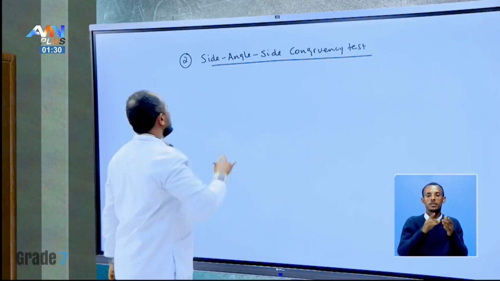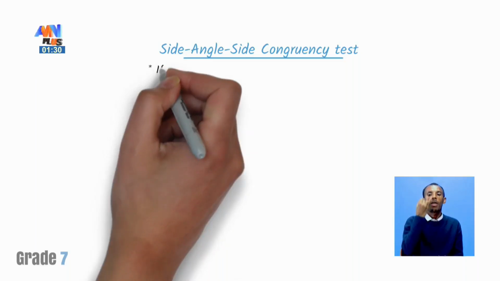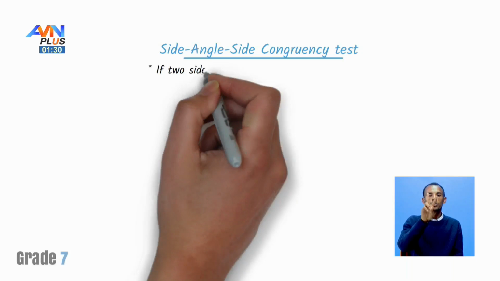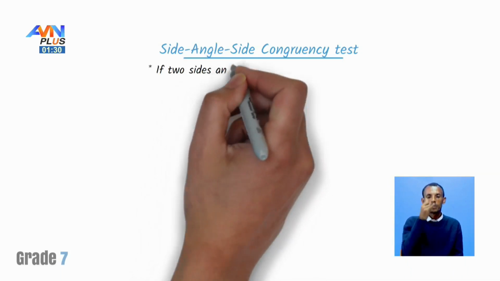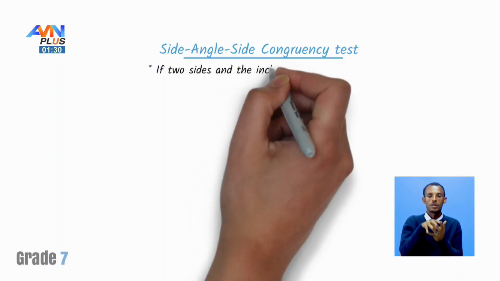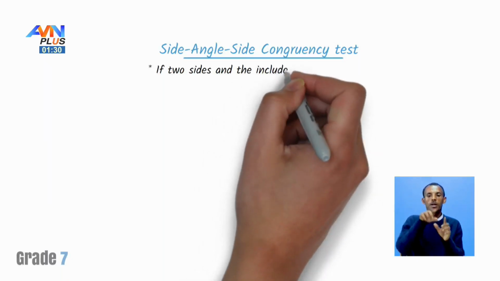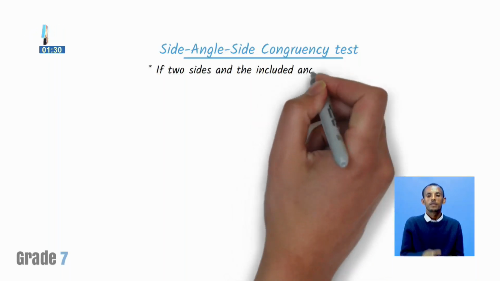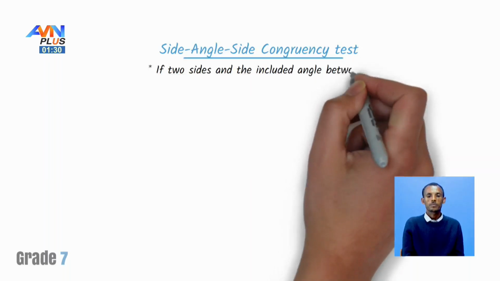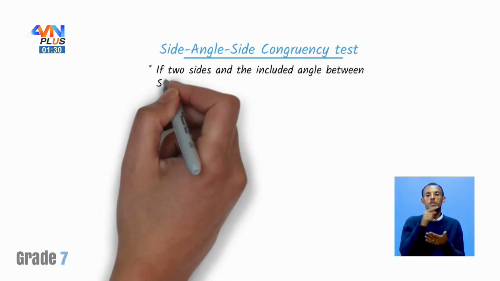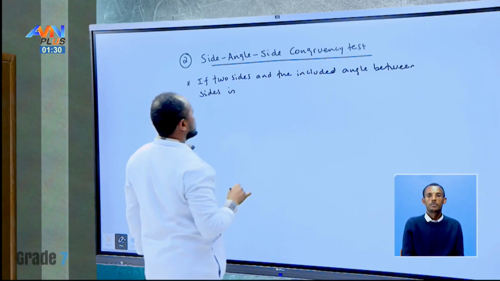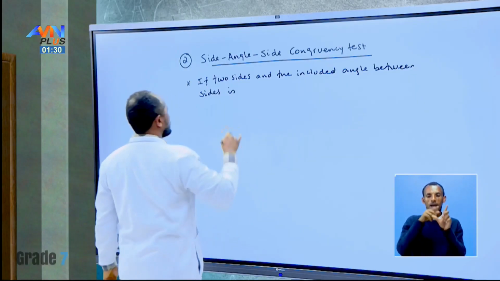It says if two sides and the included angle between the two sides of one triangle